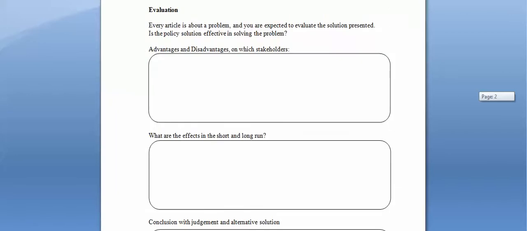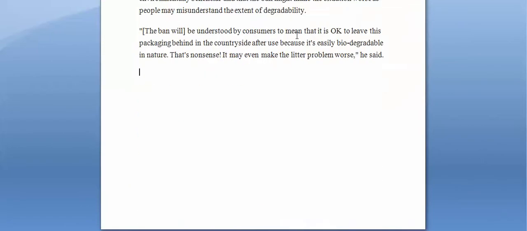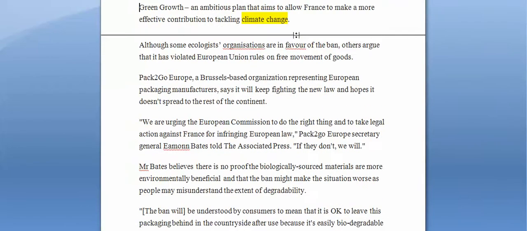Now, make sure your evaluation has depth. You're mentioning the advantages and disadvantages on the stakeholders. Who do you think is getting worse? Apply information from the article. Now, if you continue reading the article, you will find over here in this section the